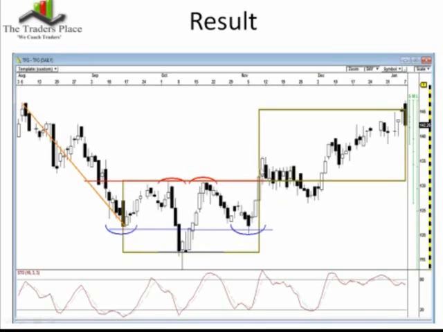Price breaks out. We put the extension, I've just put the box on here. That rectangle is simply time and price, and this particular pattern worked out really nicely. Time was identical, same number of candles between the breakout and the target being reached. The distance from the head to the neckline is the same height as this box, and this also illustrates the